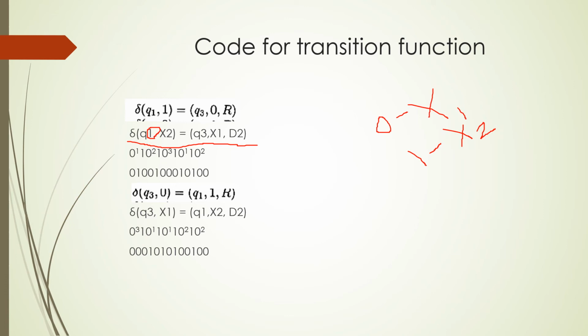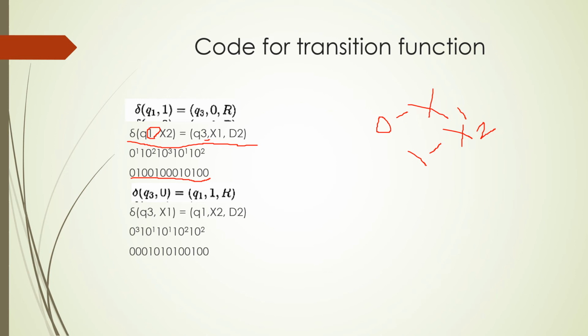So 1. Next we have to represent x2: 0 power 2, and 1 is the separator. Then q3 is 0 power 3. Whatever is in the subscript is going to be the exponent value. So 0 power 3, 0 power 1, 0 power 2. Now we expand. Power is nothing but string concatenation of that many symbols. After expanding it, this is our binary encoding of this transition function.